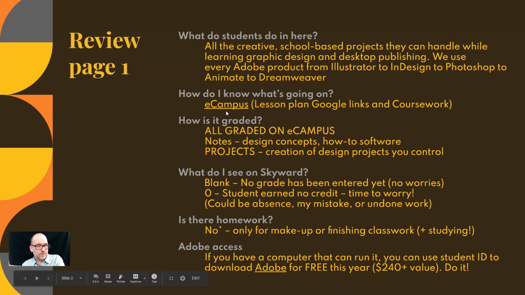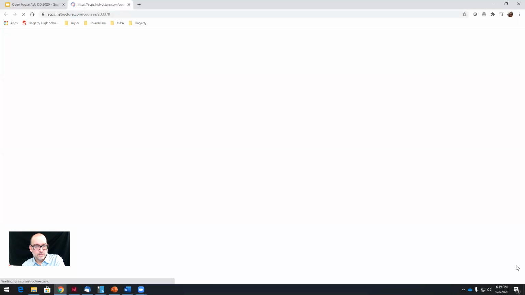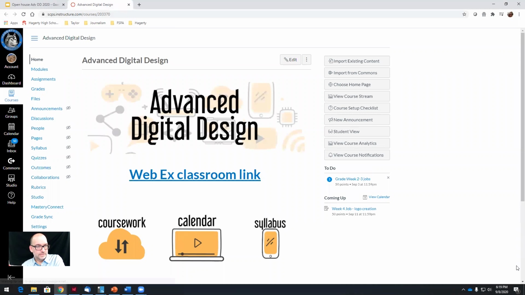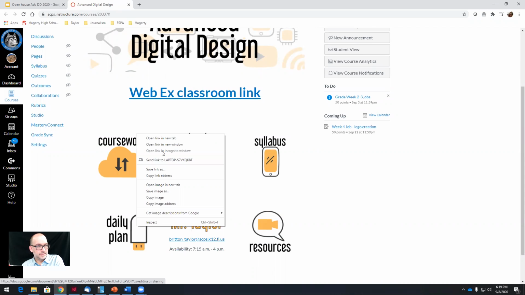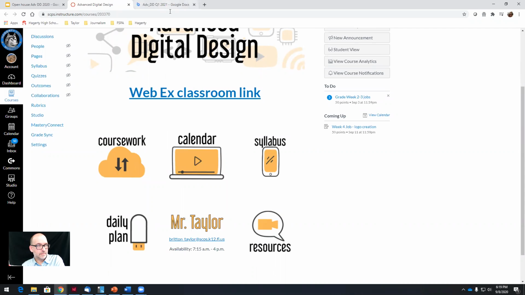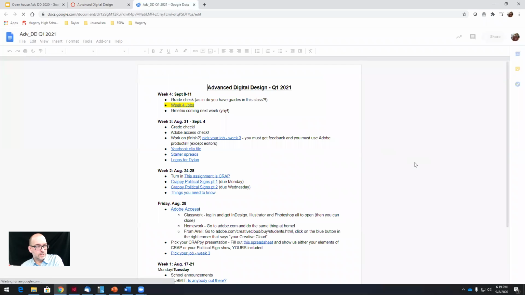So how do I know what's going on? Like everything else, it's all on eCampus. And if we take a look, everything from the syllabus, which is right here, to the coursework, which shows you due dates, to the most important, the thing that we use the most, the daily plan, which I'll open in a new tab. And in our daily plan, a lot of times what we do is break our week up